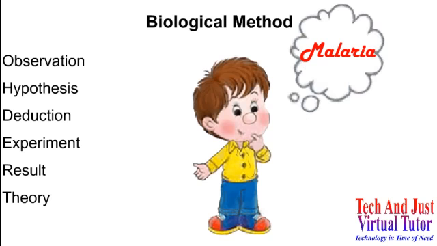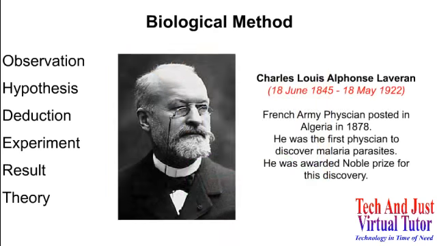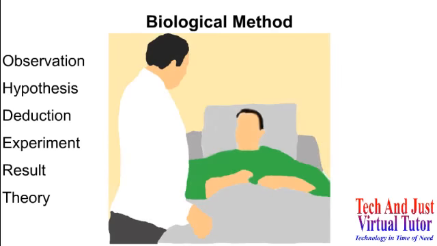It is like this, that in the year 1878, a sick person visited the doctor. Keep in mind that in those days, malaria was not known by name and it was considered a fatal disease. It means that nobody knew about malaria. Anyways, this doctor, a French physician by the name of Alphonse Laveran, chose to take a chance and drew some blood out of this patient to test it.